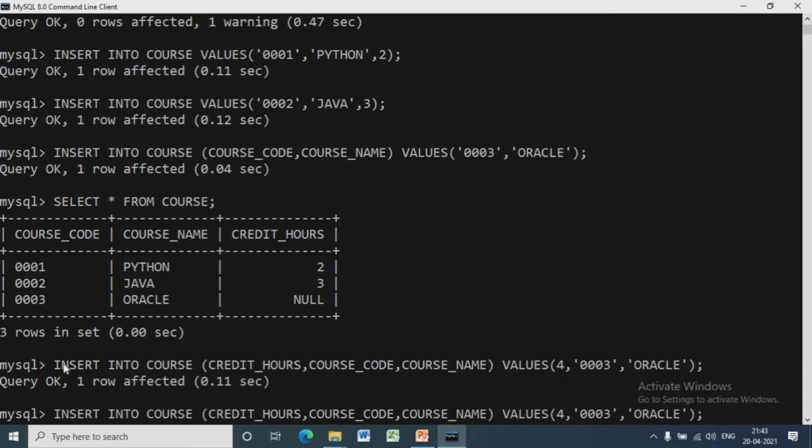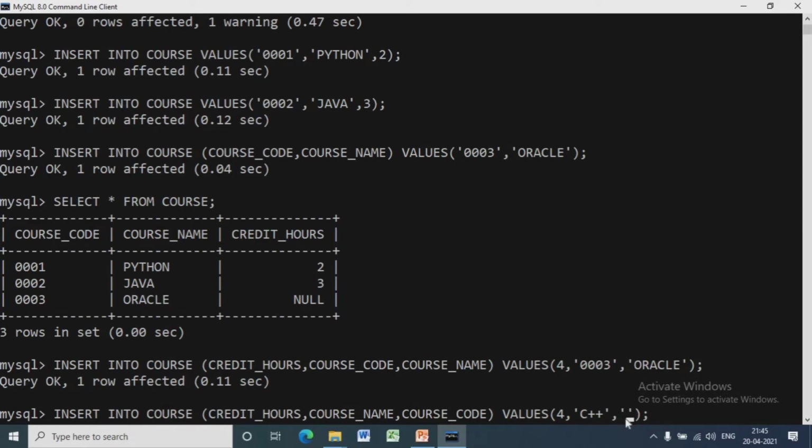Now we'll try to insert another row with credit hours first, then course name, then course code. The values are 4, C++, 0005.